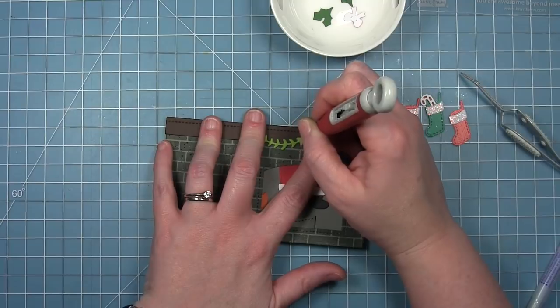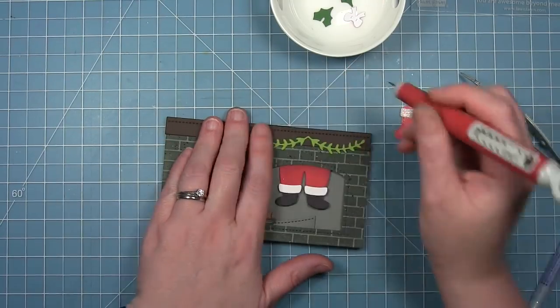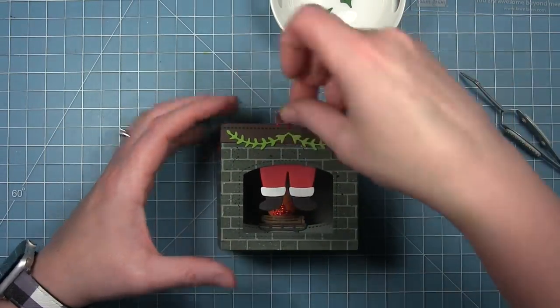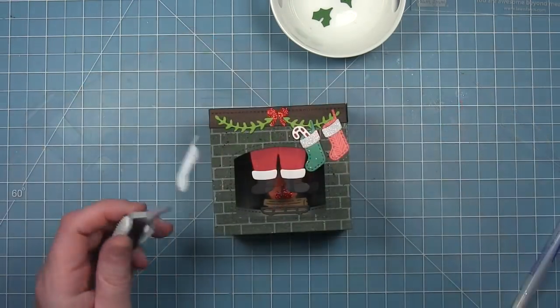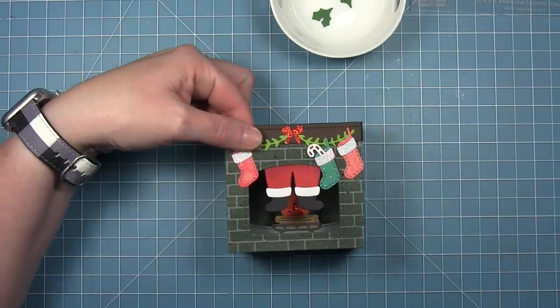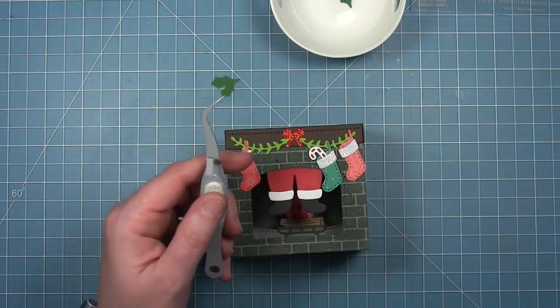I flattened my card out. It's a little easier to add these pieces when it's laying down flat on the desk. And then I've cut the bow from some red glitter cardstock, so it kind of pulls in that red glitter that I've got going on in my fire in the background out to the foreground and the front. And then I've got my